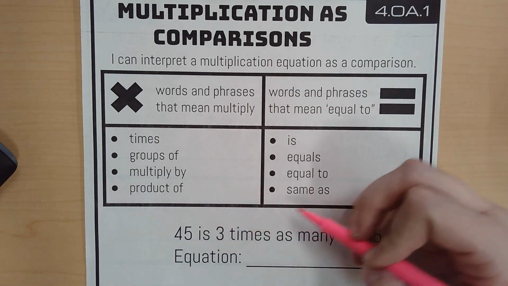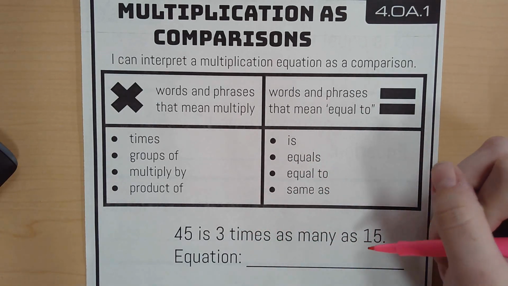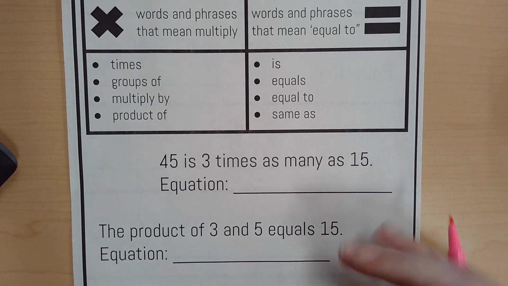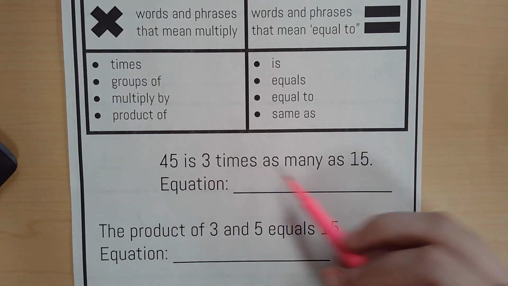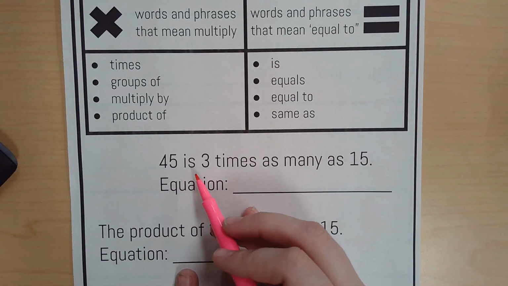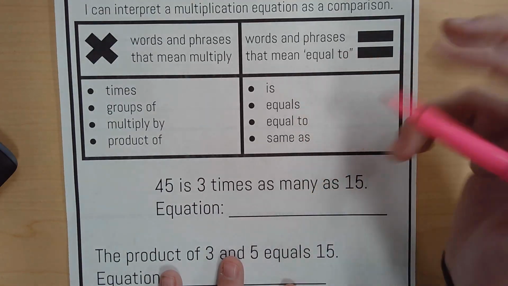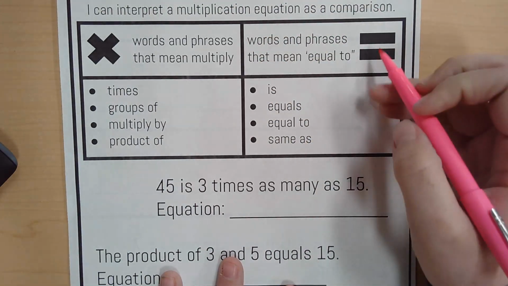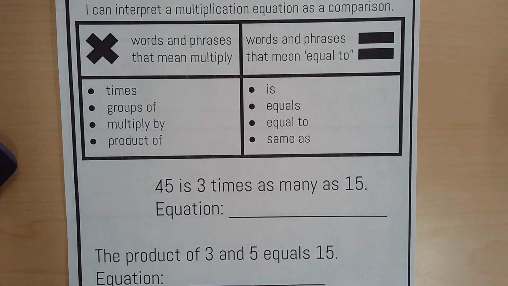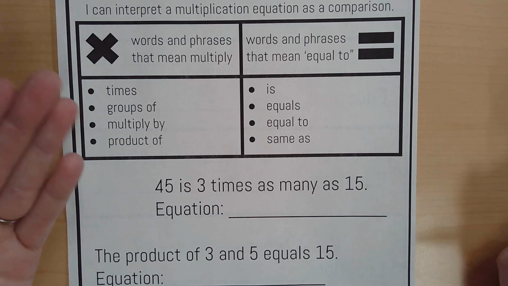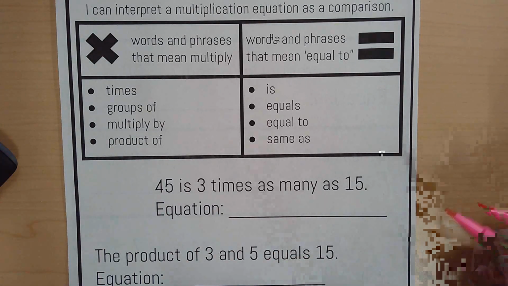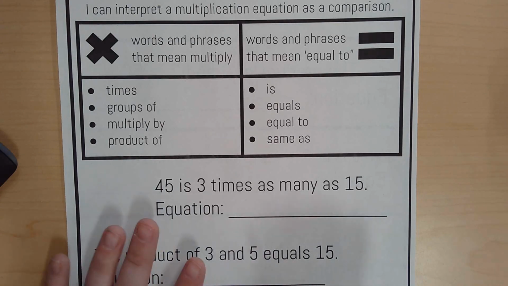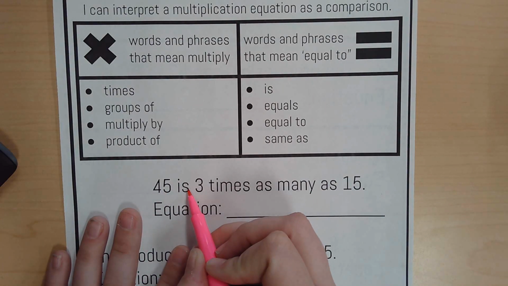I'm not going to go over these. Let's just start reading them. These comparisons are written as sentences. So 45 is, and if you look up here, whenever you see "is," you know that means equals. Just like if I said to you 2 plus 2 is 4, we know that "is" means equals. So 45 is